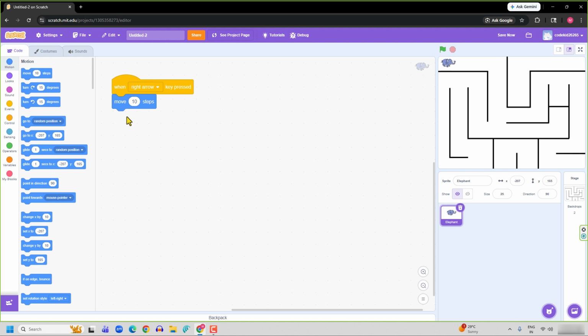Alright. Now I will press the right key on the keyboard and we will see the result here. Alright. So you can see that the elephant moves to the right by 10 steps when we press the right arrow key. Okay. Next, I will go to